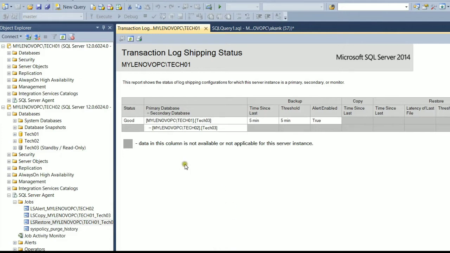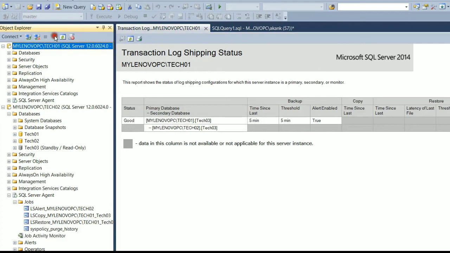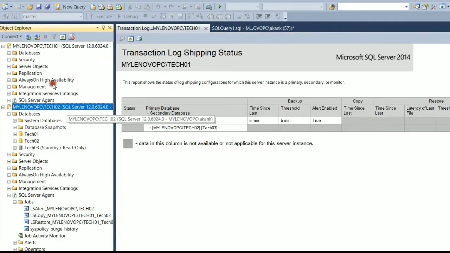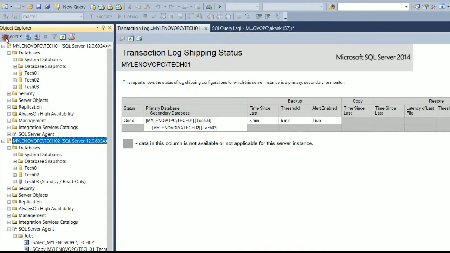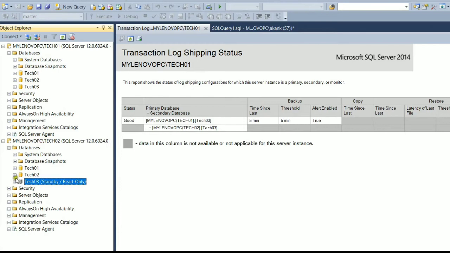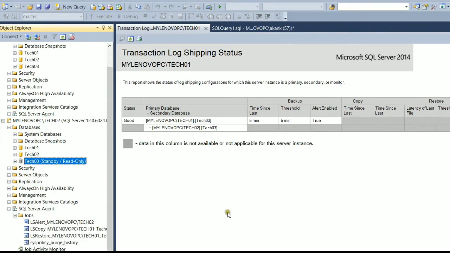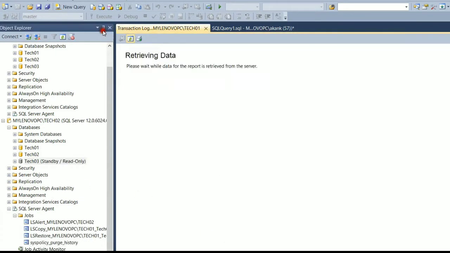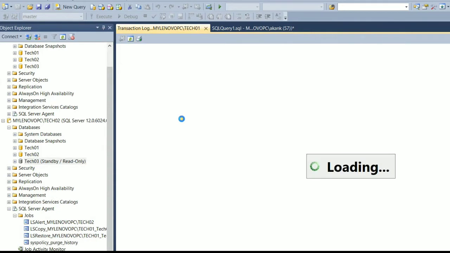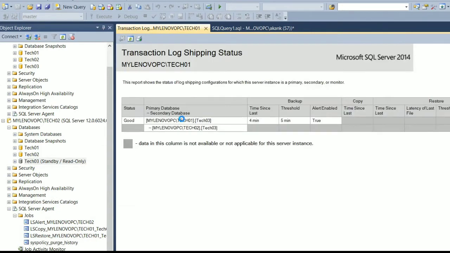So this is my log shipping setup. We have instances tech01 and tech02, and we have configured the database tech03 on standby. If you see the log shipping report, it's healthy, no issue.